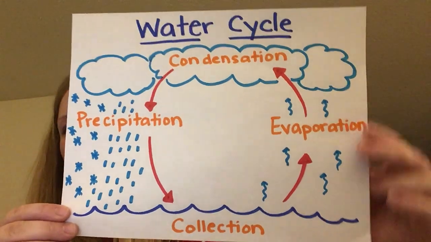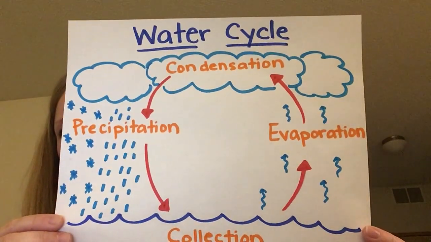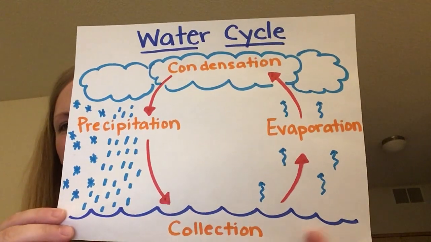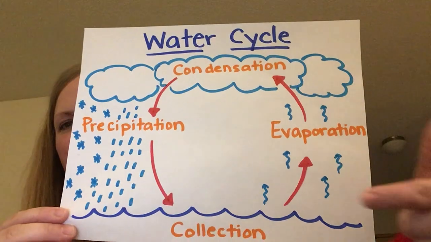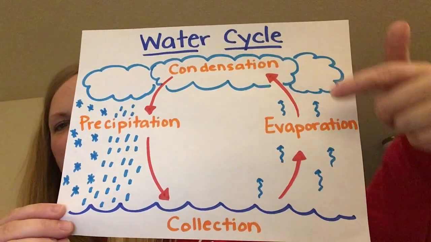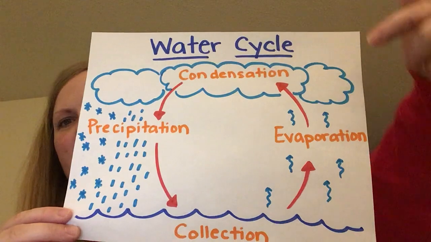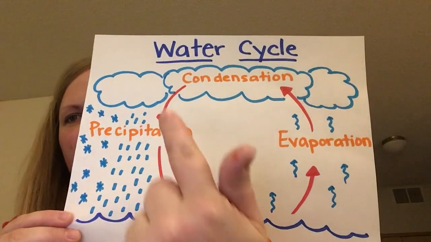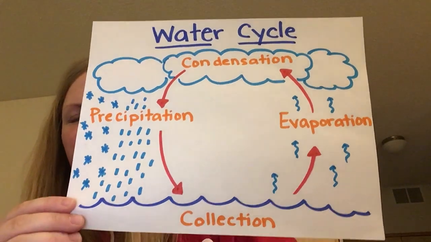Before we talk about what a life cycle is, I wanted to review a different kind of cycle that we learned about earlier in the year called the water cycle. We talked about this sometime this winter, and we learned about how water is collected in rivers and lakes and the ocean. It is evaporated by the sunshine, the heat of the sun. It condenses up in the clouds, and then when it can't stay in the sky anymore, it comes down as